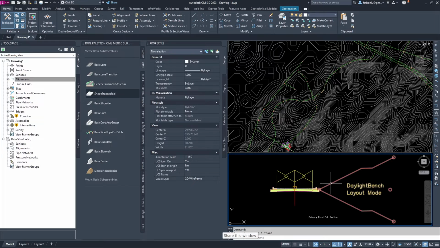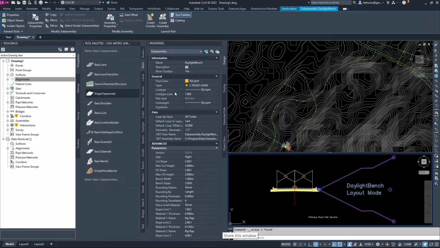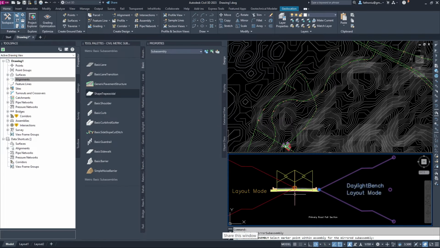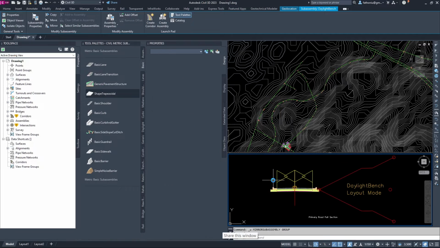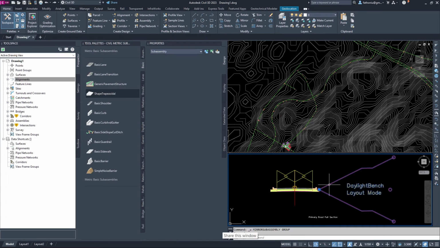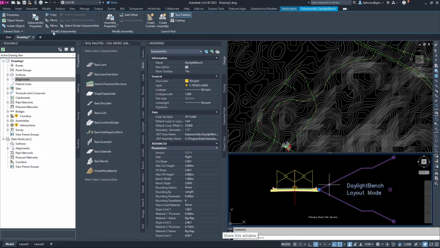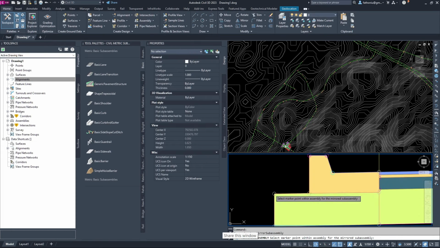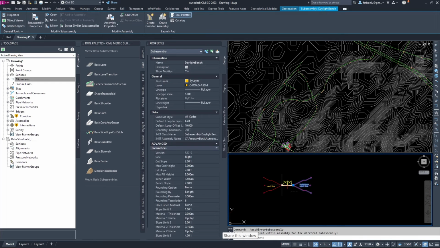We want to have this one and then mirror it to this one. Click this one and then the contextual sub-assembly tab will appear, and you can see here there is a mirror icon. Click it and then mirror to where? Mirror to this. It's supposed to be the middle here. Oh sorry, not there. Ctrl Z. So then select this one, do mirroring, then select to this point. So it is connected already.